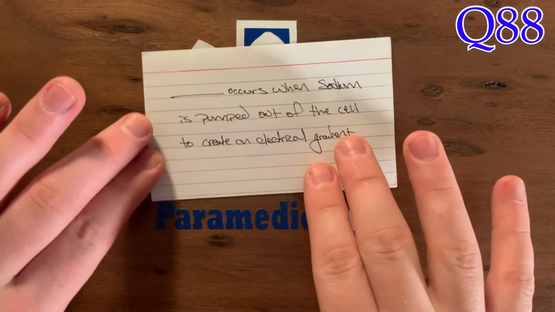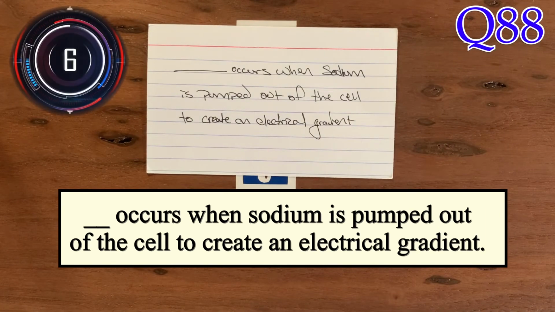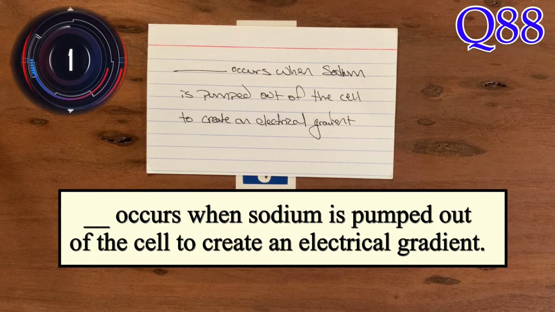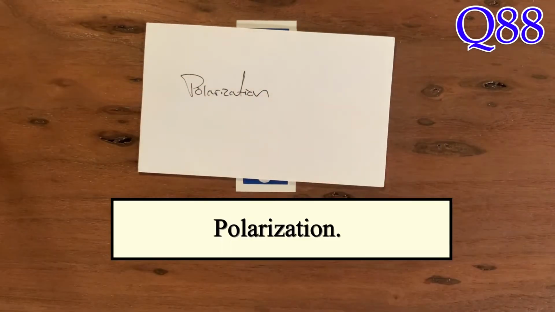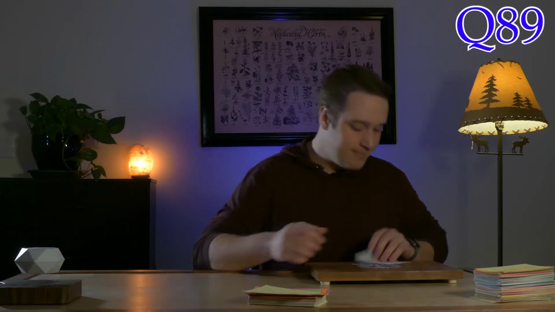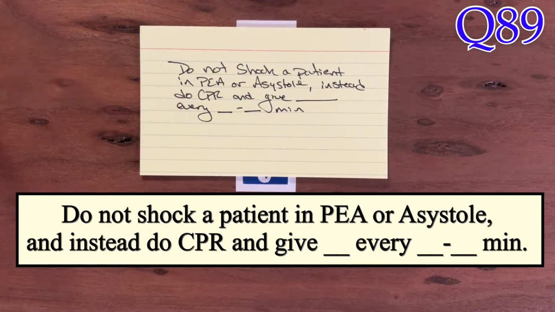Blank occurs when sodium is pumped out of the cell to create an electrical gradient. So this phenomenon is known as polarization. Question 89. Do not shock a patient in PEA or pulseless electrical activity or asystole, and instead do CPR and